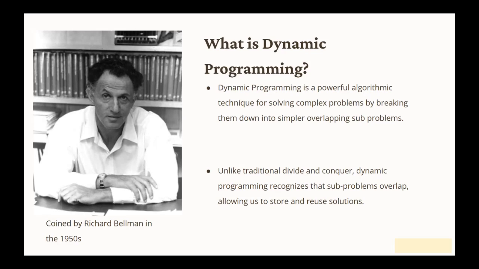As we go through a certain set of problems, we identify that it has a recursive nature. There is a recurrence relation where we can derive the solution to the original problem as a collection of solutions to its subproblems. So we can derive a recurrence relation between the original problem and its subproblems, meaning problem of n related with the problems of n minus 1, n minus 2, etc. And in dynamic programming,